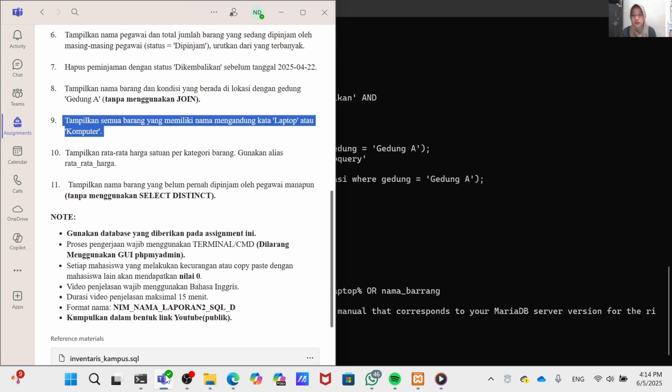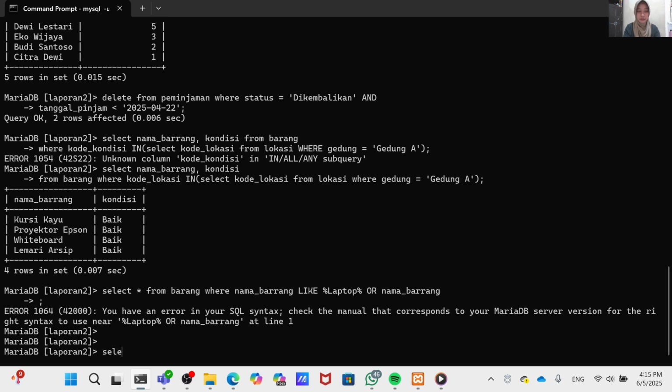Next is number 9. For number 9, we must display items containing laptop or computer in the name. We can select.